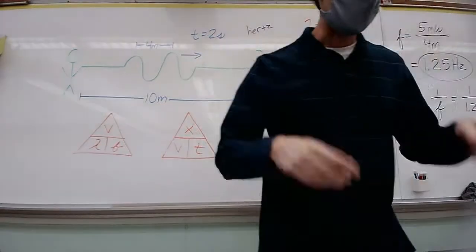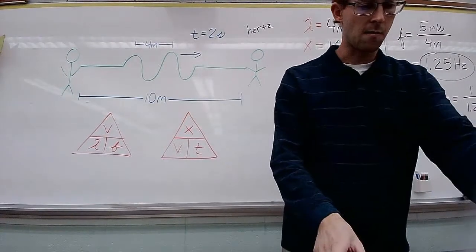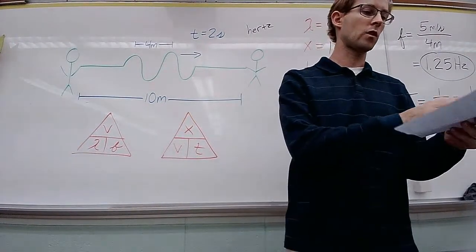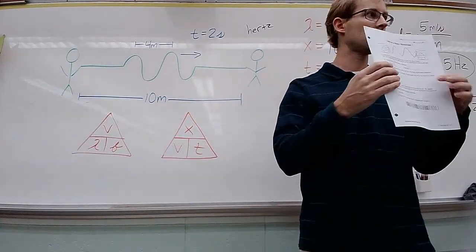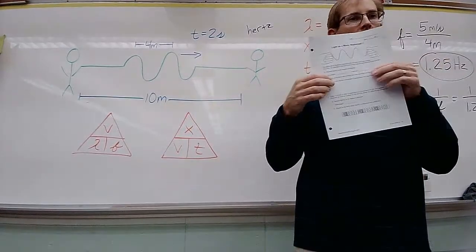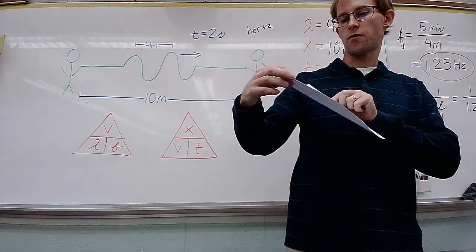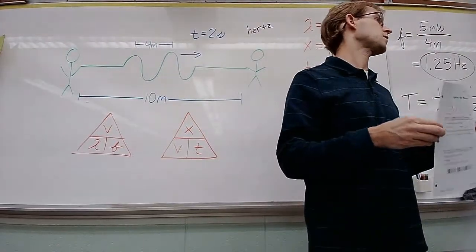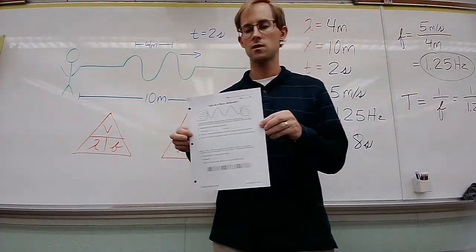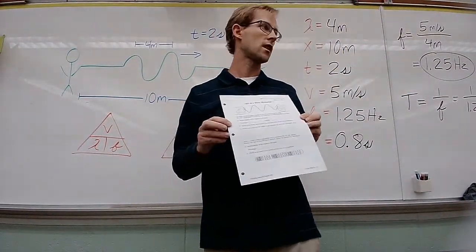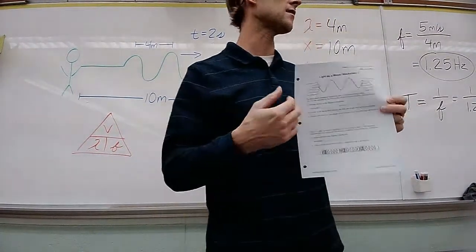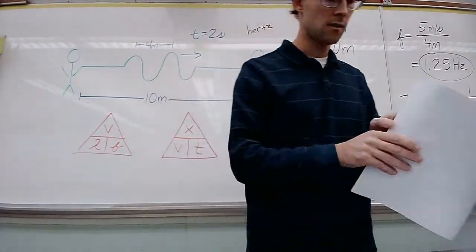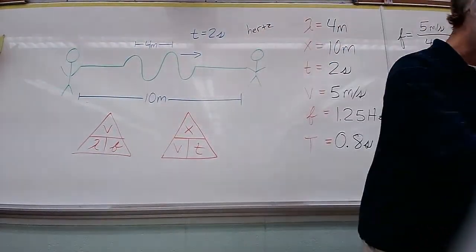A lot of times, too, on the front page, I'm asked, what do you want the measurements in when you're determining wavelength and amplitude? Because you got to use something that measures. I prefer having things in metric for this because we always deal with metric in physics. If you've only got a ruler that has inches, that's okay. The main thing is that you're measuring the right thing. So, there's that.